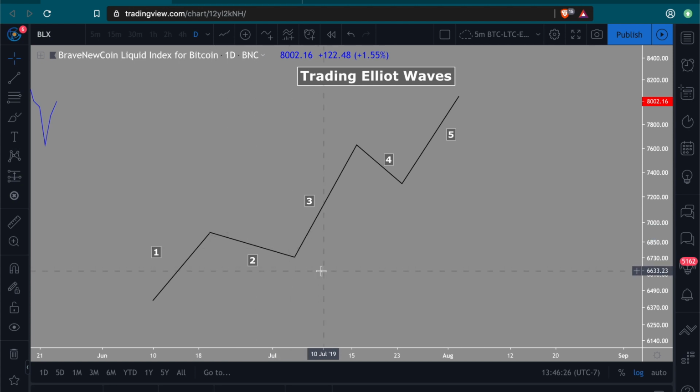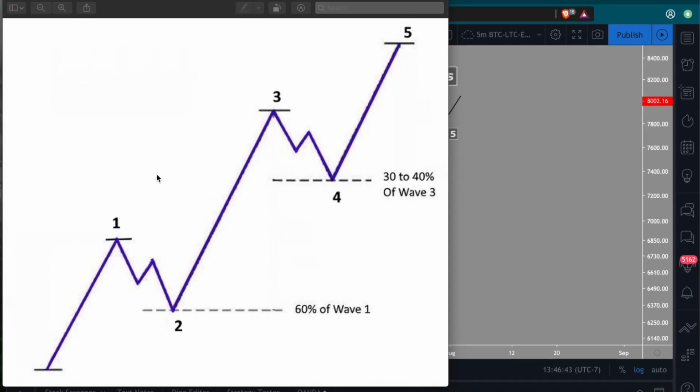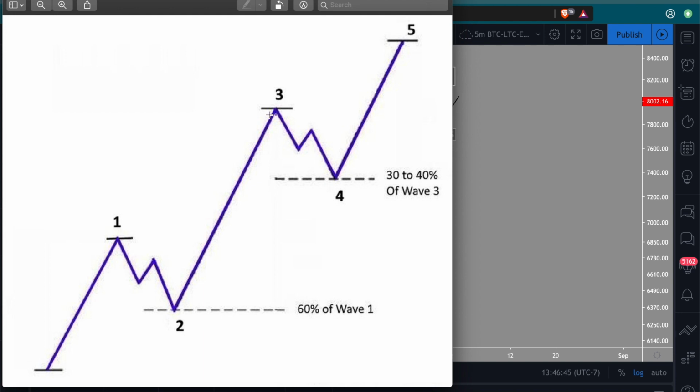All right. Okay. Now wave 4 is usually the calming of the exuberance of wave 3. And people often think that this is the topping of the trend and looks like we're going to go down right now. But usually, again, over here, wave 4 corrects 30 to 40% of this wave 3 right here.